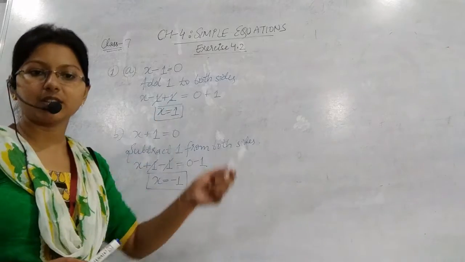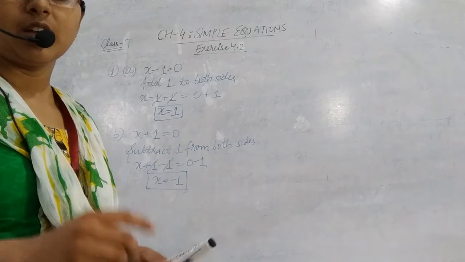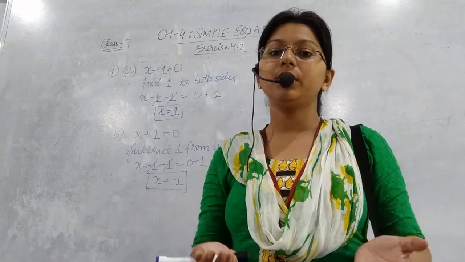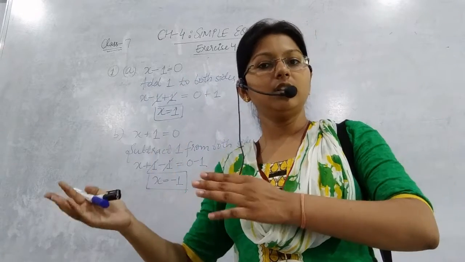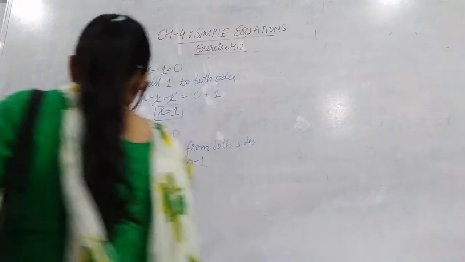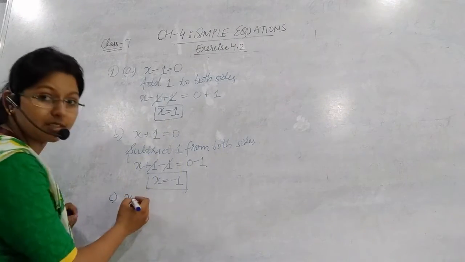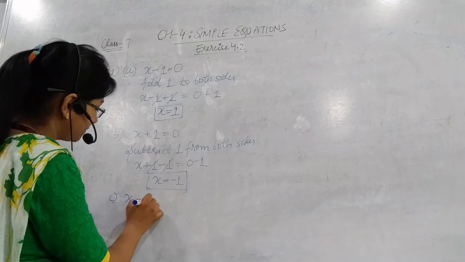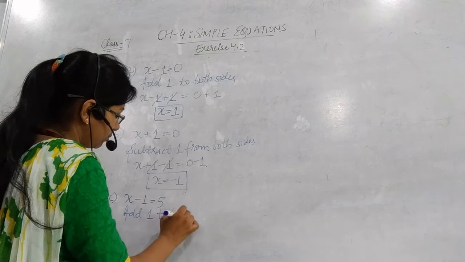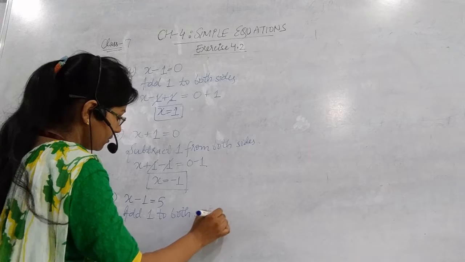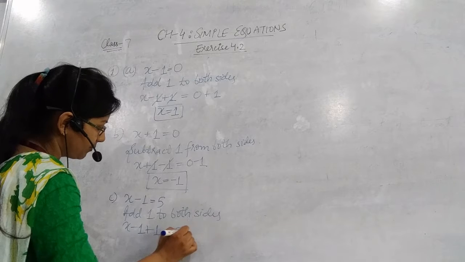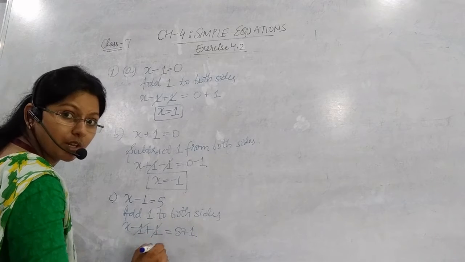ठीक है, तो इस तरीके से सिंपली सॉल्व हो गया. एक हमने माइनस का क्वेश्चन कर लिया, एक हमने प्लस का कर लिया. C part is x minus 1 is equal to 5. So what we will do, add 1 to both sides. x minus 1 plus 1 and 5 plus 1, यहाँ तो कैंसिल होगा, then x is equal to